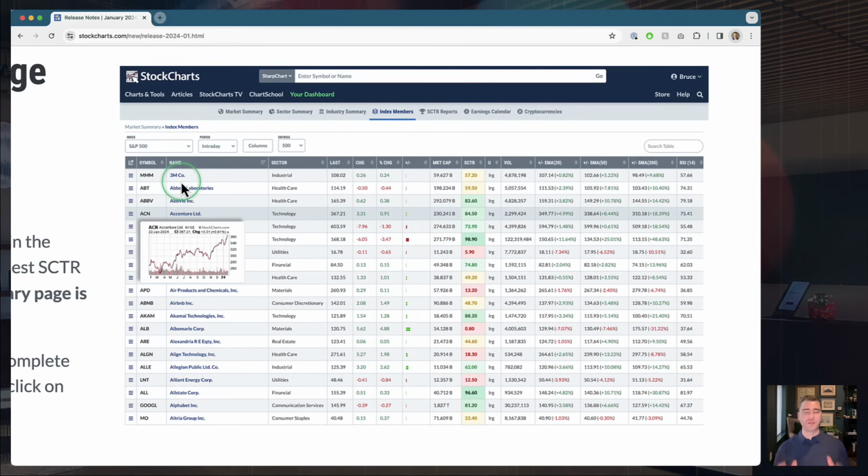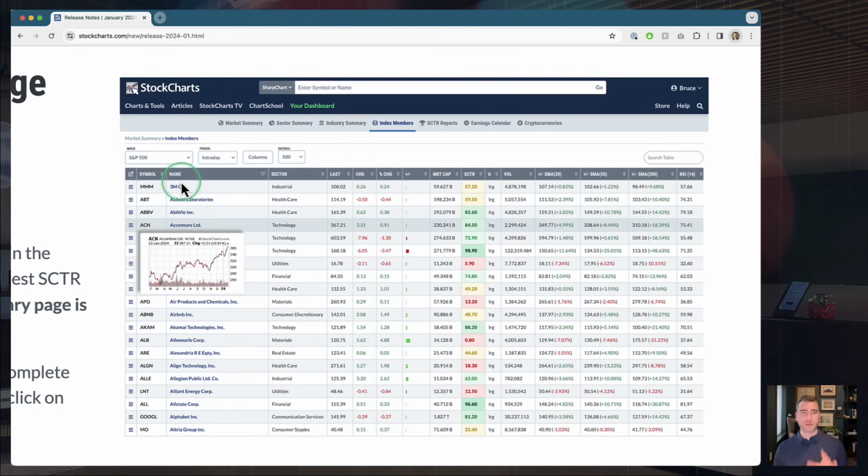So very, very cool. Now, one of the other things that we've done with these summary pages, the market summary, sector summary, industry summary, scooter reports, different things like that, some of those tools that people access a lot, we've linked them at the top here. So you can see that in there. When you jump over to any one of those pages, let's say you jump over to the sector summary page, you'll be able to get to the market summary or the industry summary or this new index members page in just one click. So we've put those little tabs across there to make it a lot easier to navigate through some of these pages,